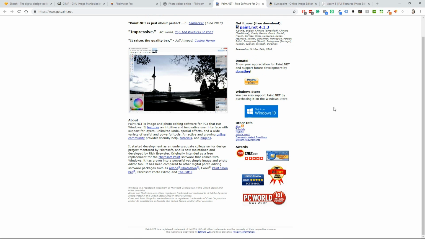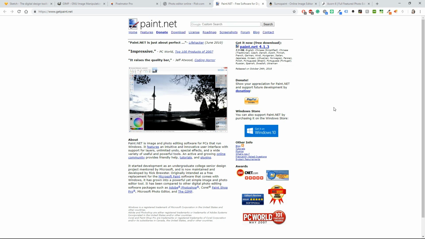Paint.net, as I said, is a Windows-based alternative to the Paint editor that Microsoft shipped with versions of Windows. But don't let that put you off though. It's a surprisingly capable and useful tool, available completely free of charge. The software started out life as a Microsoft-sponsored undergraduate project and has become an open-source project maintained by some of the alumni. The focus is ease of use, and there is a